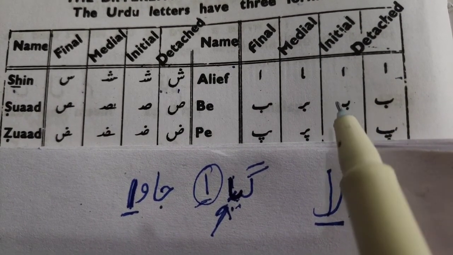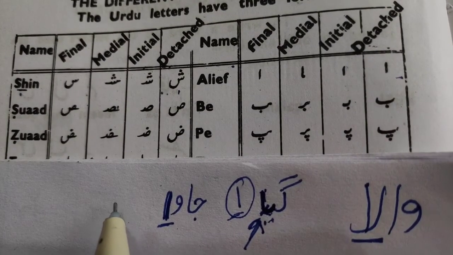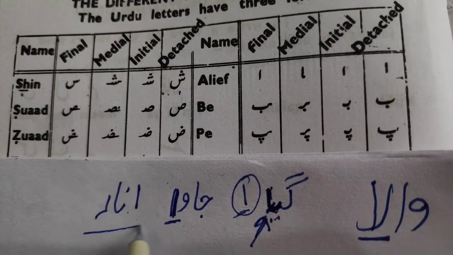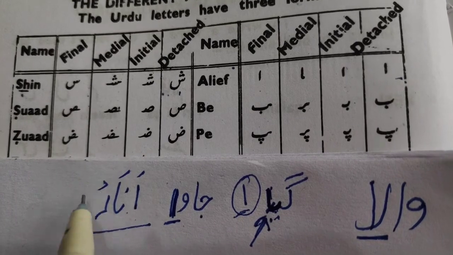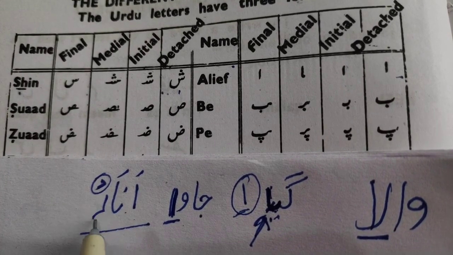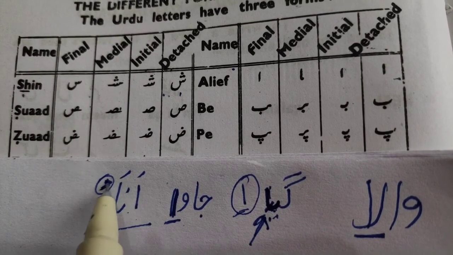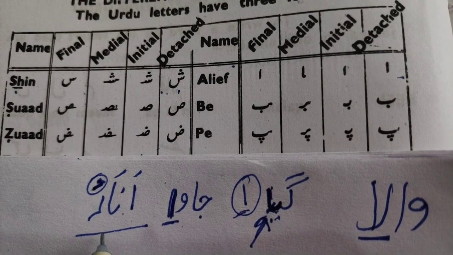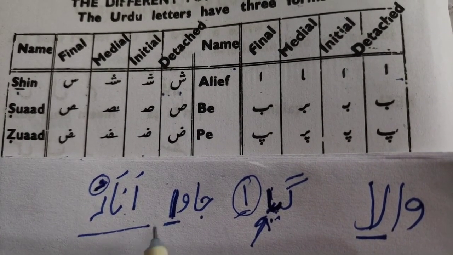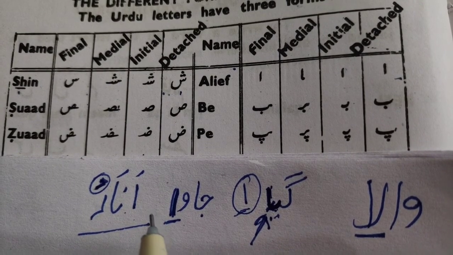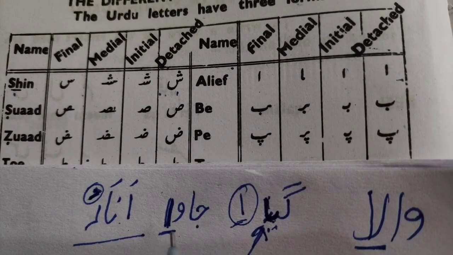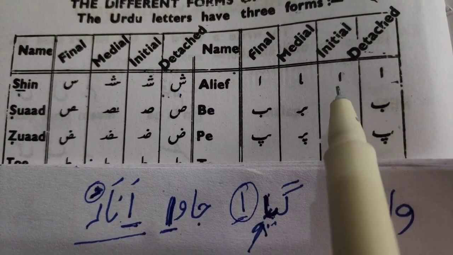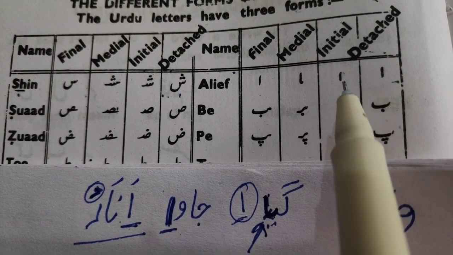Now initial I'm going to write. If you like to write anar: alif, noon, re. This is anar, alif zabar a, noon alif zabar na, re, nothing on the re. If there is no zabar, zir or pesh, it's called jazm. Jazm denotes that re has no zabar, zir or pesh. I will tell you all about zabar, zir, pesh in the next coming videos. So guys, here is the alif and it stands like this, initial, or like this. This is a full form.